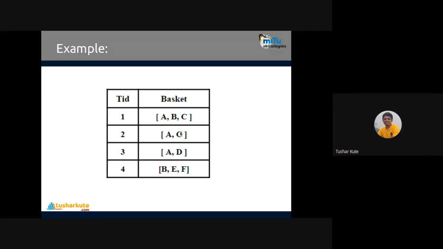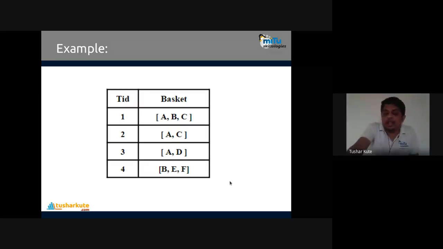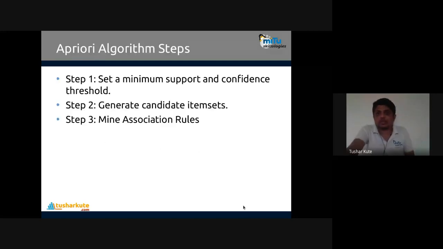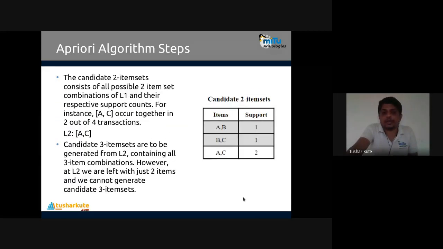Because 3 times A is there, and only 2 times C is present with that. And if C is coming, A is also coming along with it. How many times is it happening? 100% of the time. So the inverse rule is 100% and the direct rule is 66%. Correct? So the confidence of, when I purchase A, I'm purchasing C, is 66%, and the confidence of, when I purchase C, I'm purchasing A, is 100%. Remember. That threshold value you can also use to perform operations.